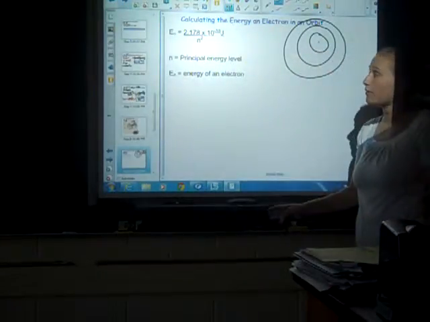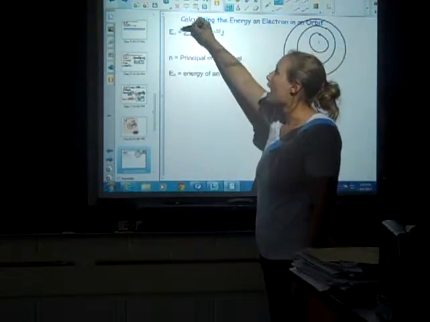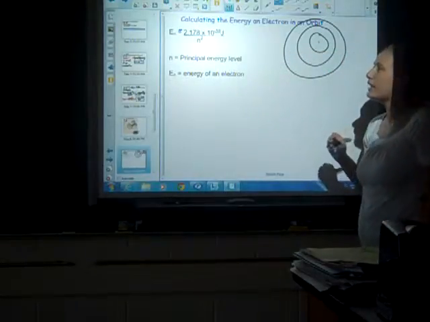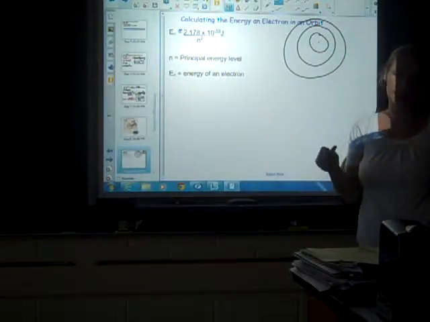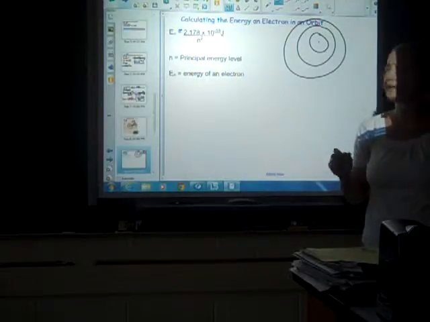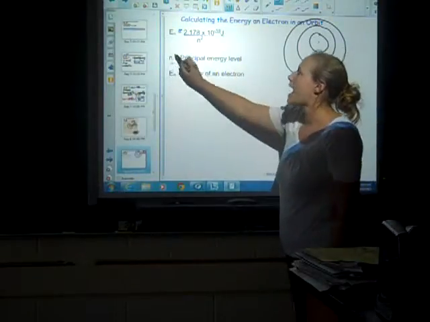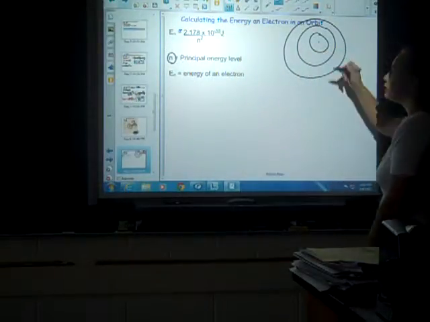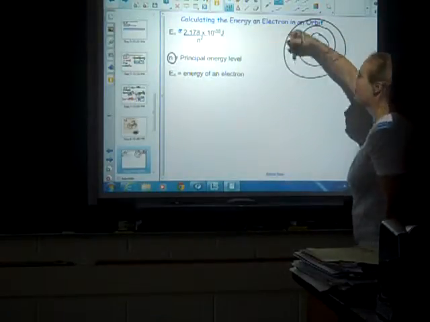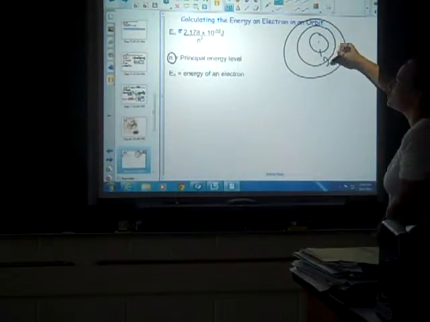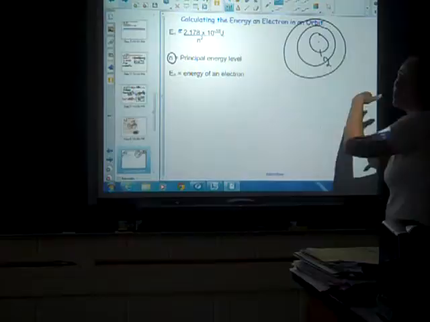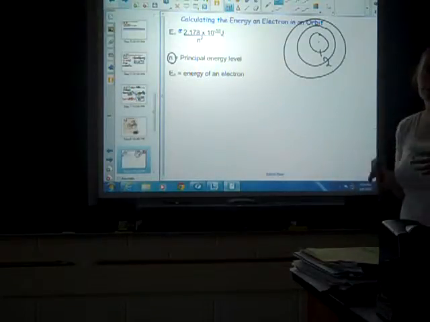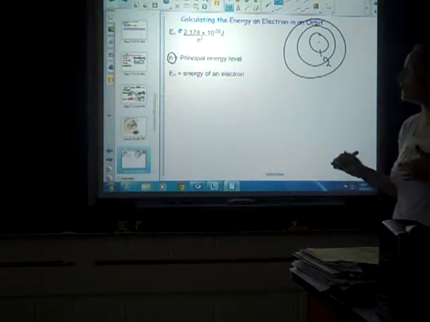This one's not in your reference tables. It is negative 2.178 times 10 to the negative 18th joules over n squared. And in this case, n is standing for our principal energy level. So if we're in shell number 1, n is going to be equal to 1. If we're in shell 2, n is going to be equal to 2, and so on, all the way up to 7, because that's how many energy levels we need for any atom in the